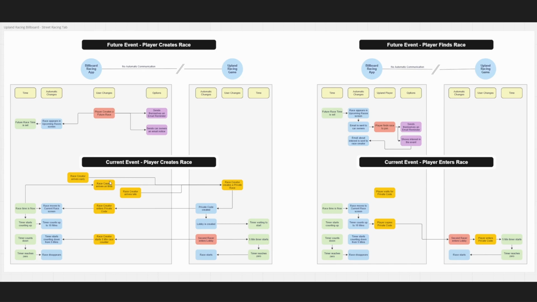The event entry fee, the type of car, the track are all important, and they should be entered correctly, so that when you get the private code and you put it into the race in the Billboard app, it shows up correctly. It's not a lie, in other words. I guess if you created a race and you said you were going to use S4s, and then you say, oh, I've changed my mind, I'm going to do S2s,